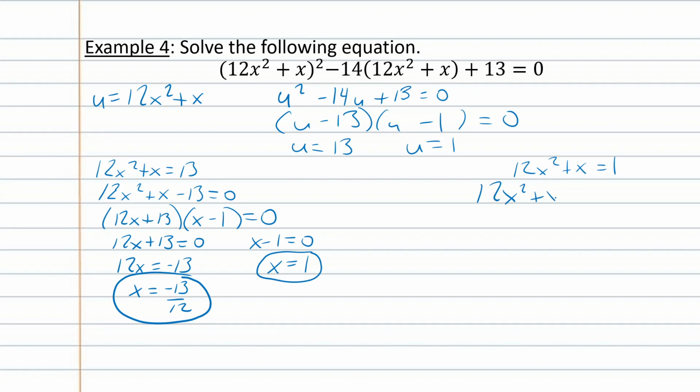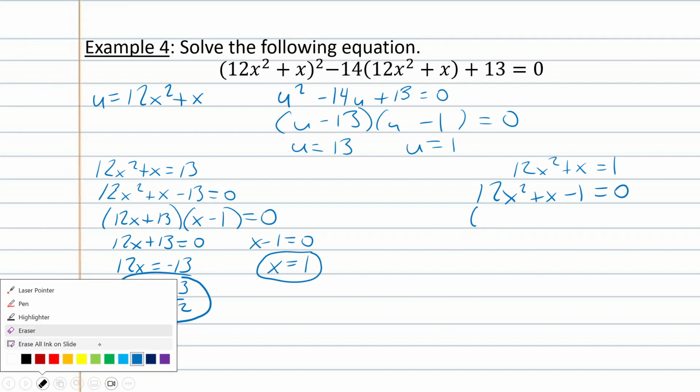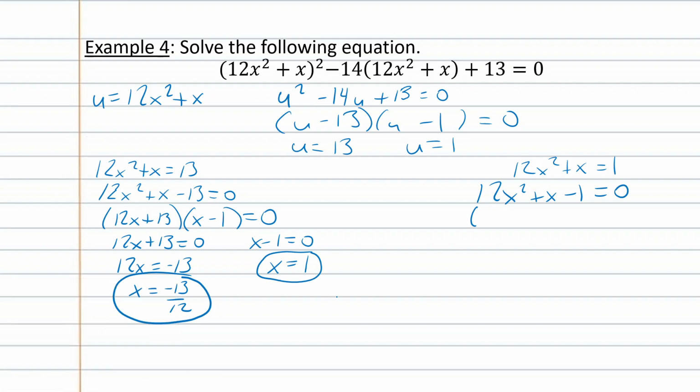Now I have to go back over to this other U sub equation, solve it and get everything on the other side so I can figure out what my other 2 solutions may be. Alright, here I have 12x squared plus x minus 1 equals 0. And I'm going to try to factor it as well. This one's not going to be 12x. This is going to be the one where we split 3 and 4. So I'm going to split it into a 3x and a 4x. That way I can get that 1x out of it. It's going to look like 4x minus 1 times 3x plus 1